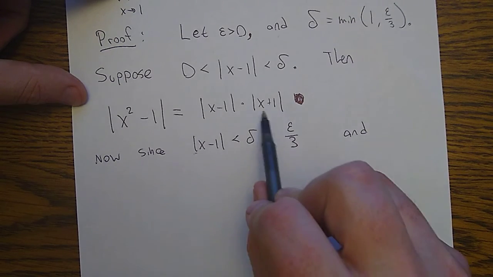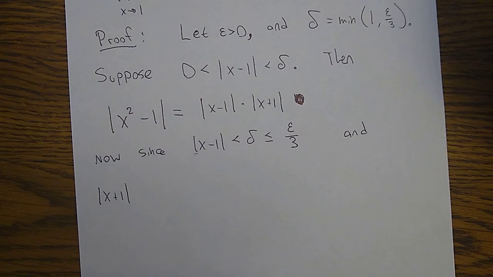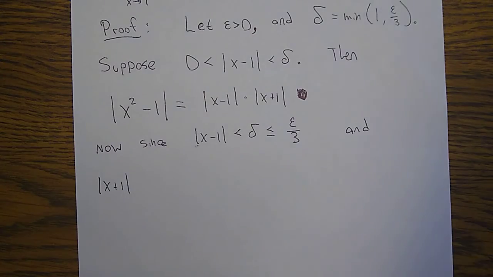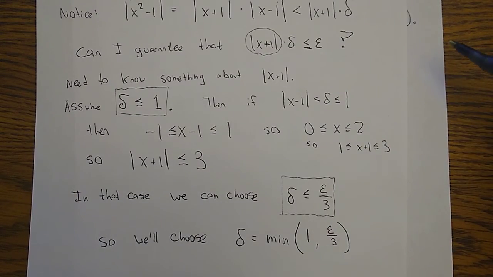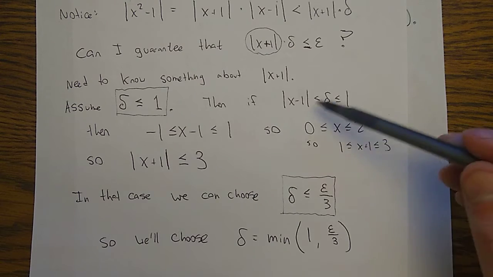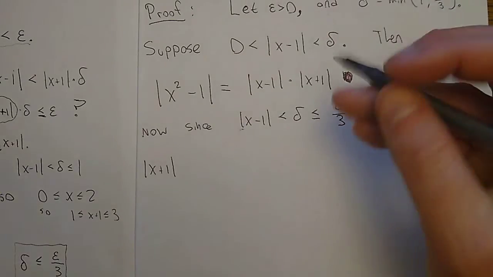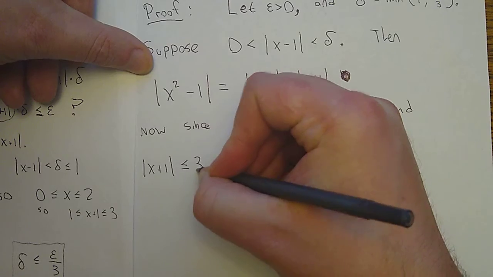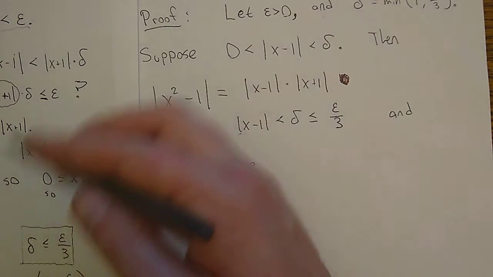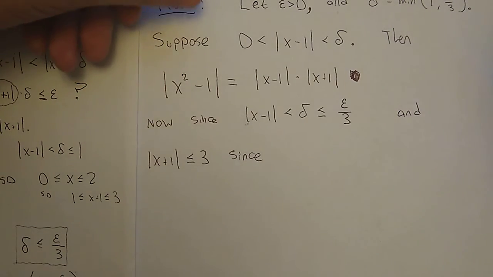So that's what I'm going to do with x minus 1. What am I going to do with x plus 1? Right. Well, what did we say about x plus 1 in our Scratch work? Here's our Scratch work. What I wanted to show is that x plus 1 is less than or equal to 3, and that's why we did what we did. So let me say that x plus 1 is less than or equal to 3 since, and I haven't justified this as part of my formal proof, but I should be able to just sort of copy the justification from my Scratch work. This is true since,